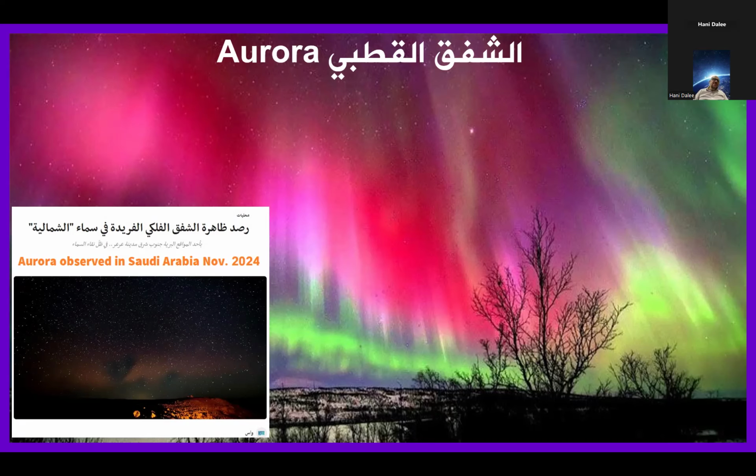Yemen is at 15 degrees latitude, so very low, near the equator, because at that time sunspots were covering almost one third of the disk of the sun. So it was a huge activity of the sun that occurred almost 300 years ago. Anyway,